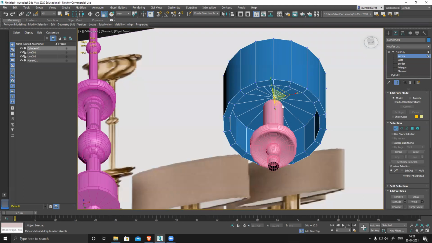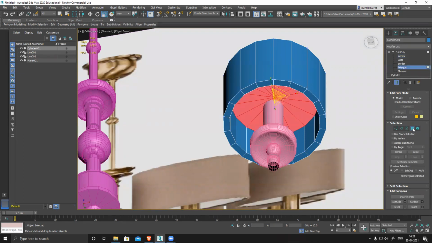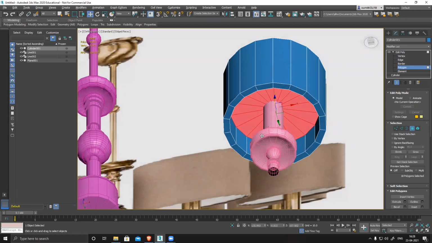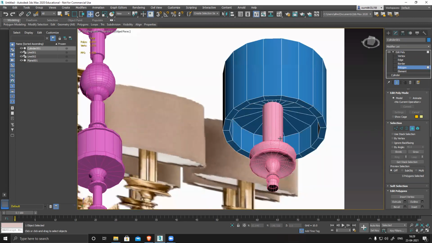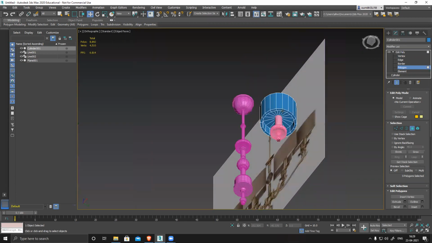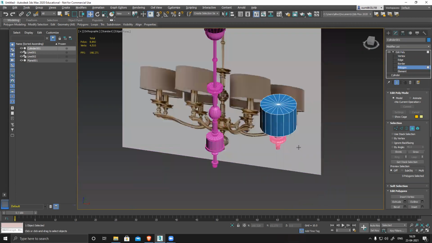And now from vertex, I want to go to face mode. So what I'll do is press Control and click on the polygon. So it will convert that vertex to a polygon, and anything connected to that vertex, like n numbers of edges, can be connected or anything. So it will convert everything into a face selection, polygon selection. So that makes my life way easy, and I connect it with this like this. Because anyway that part is not visible, so at least I have some connector and it's connected completely nicely here.